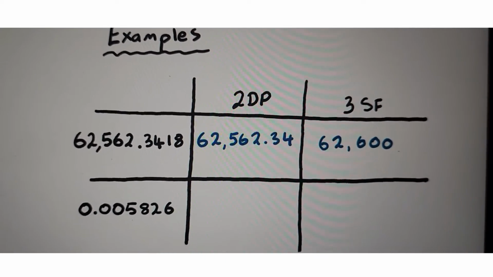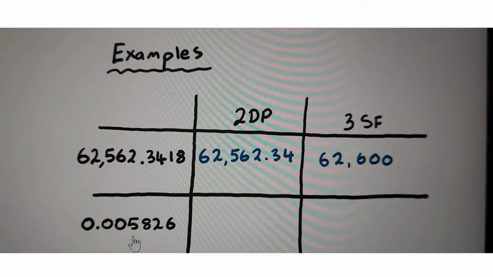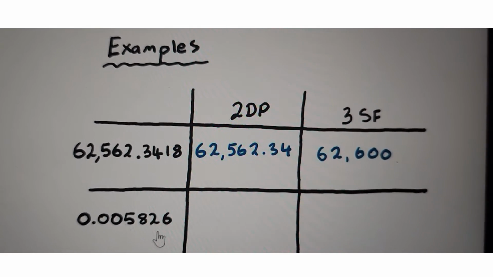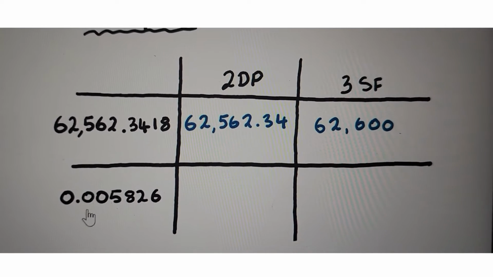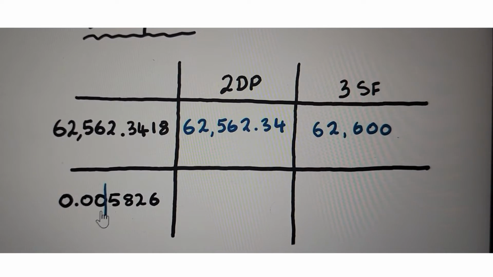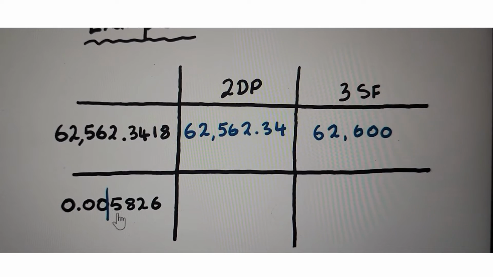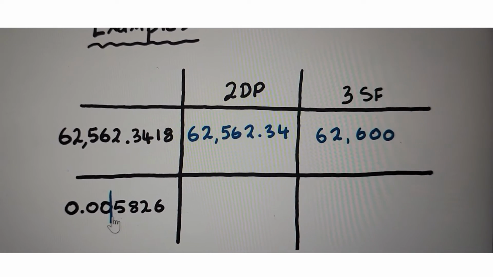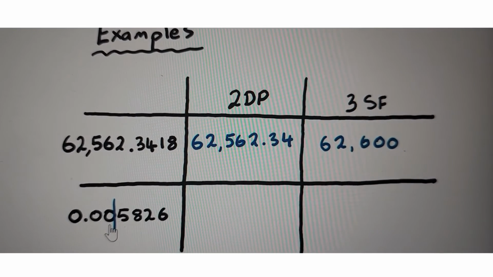Let's now try the second number, which is a much smaller number. This is 0.005826. Okay, let's firstly round this to 2 decimal places. Well, this is the first decimal place. This is the second. So I want to chop the number off here. I need to consider the number to the right of the blue line. That is 5. It is a big number. So therefore the 0, the number to the left of the blue line, will round up by 1. So this becomes